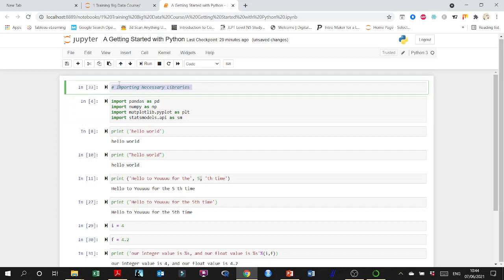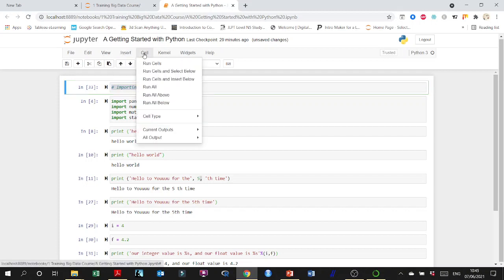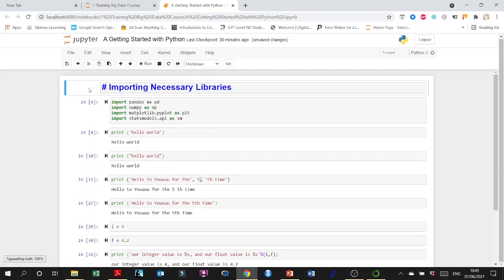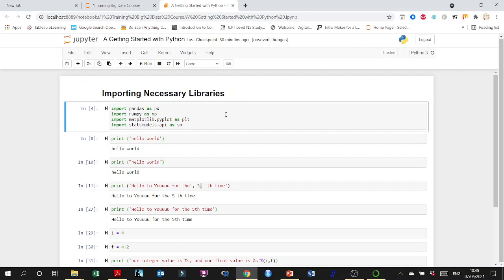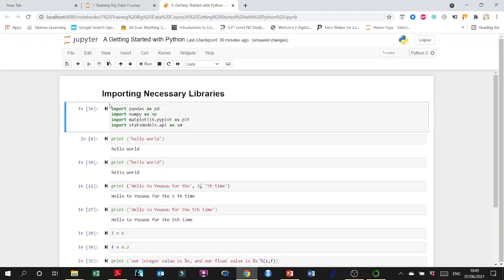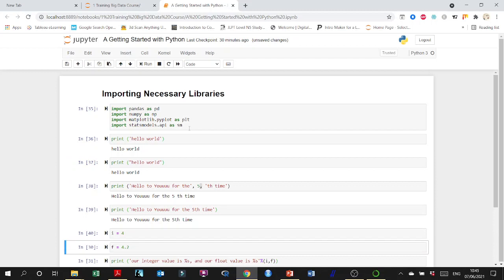Or you could actually transform it into this cell type, transform it to markdown. As you can see now, it has a different color, and shift enter and look how it looks. Totally, completely outside the box kind of mentality, I would say. So it doesn't even have a line number for the code. So this is why I like it, because it doesn't interfere with the codes here. 1, 2, 3, 4. There are 4 lines here, and so on. I think it's quite interesting here. Here we go, and this is how you import, print, and this is how many times you're running the